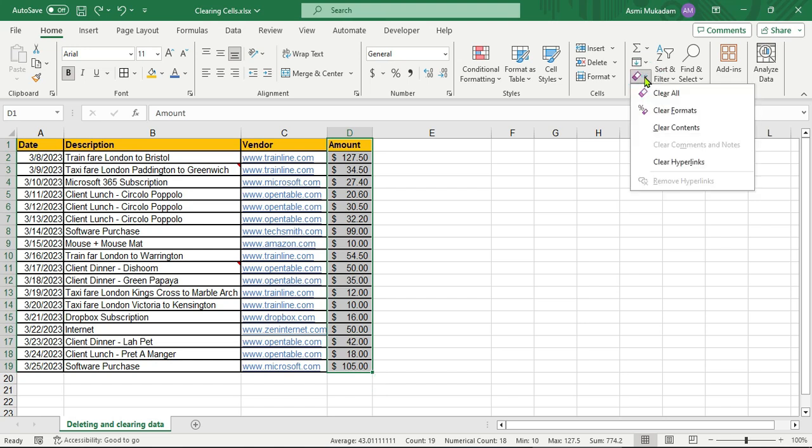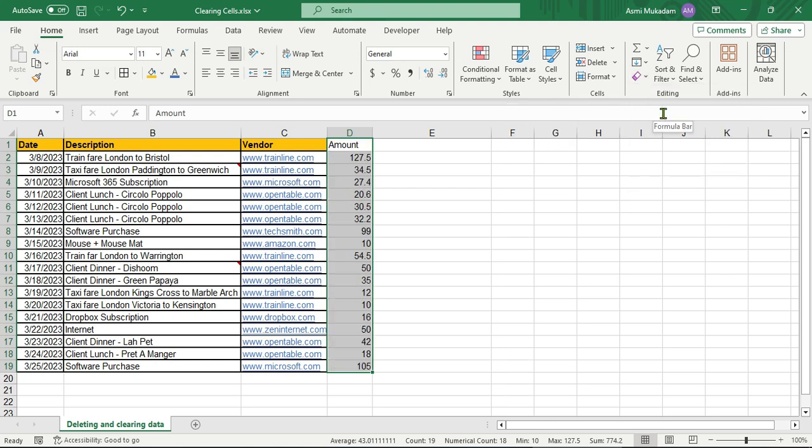Now let's see the second option. Click this drop down again. The second option is clear formats. What it is doing is clearing only the formatting that is applied to the selected cell. Here in column D, you can see we have applied currency formatting. You can see a dollar symbol on all the values. If I click clear formats, you can see there is no dollar symbol.